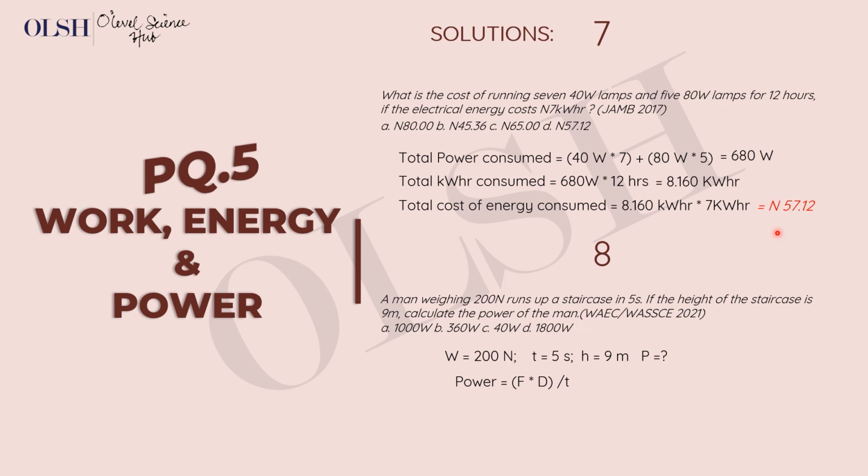This man weighs 200 newtons. That 200 newtons weight is the force that we need to calculate the power he spends, because this weight comprises of his mass and gravity. Remember, weight is found from mass times gravity, that is mass times acceleration due to gravity, which is force. So this weight is our force. Then distance is the height, which is 9 meters, and our time is 5 seconds. So bringing the parameters into the equation, we have 200 newtons times 9 meters divided by 5 seconds. And if we simplify that, we have that the man exerts power worth